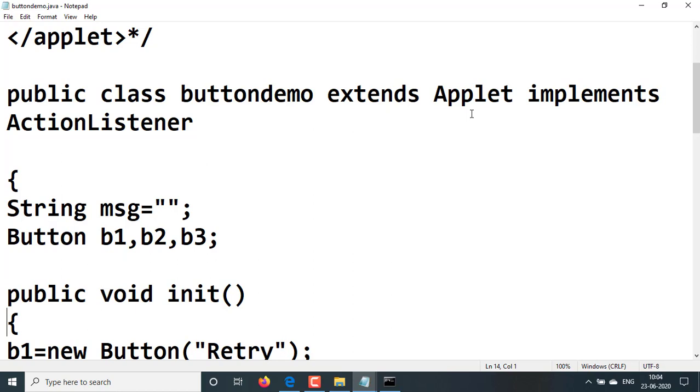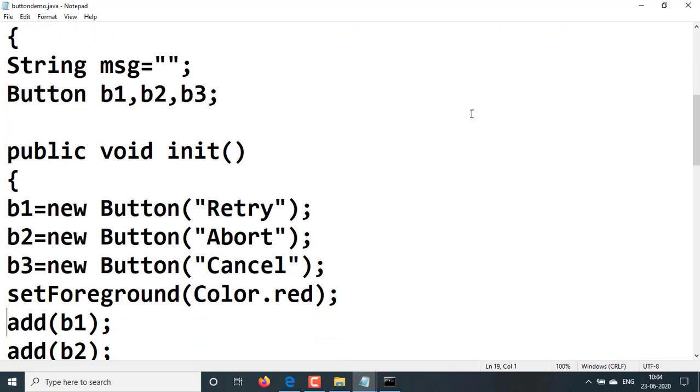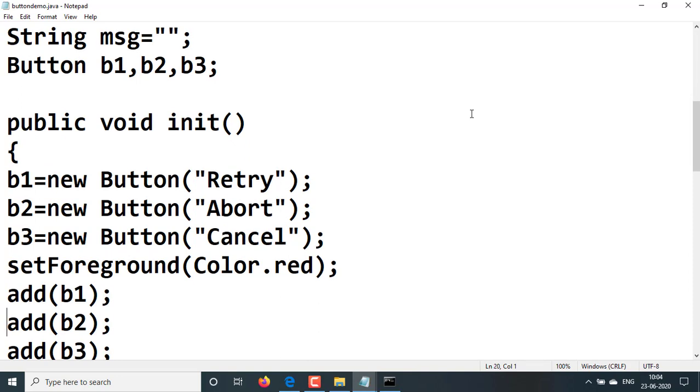Next, take the init method, public void init. In this init method we are creating the objects of the controls, and we are studying the button control, so we are creating button objects.